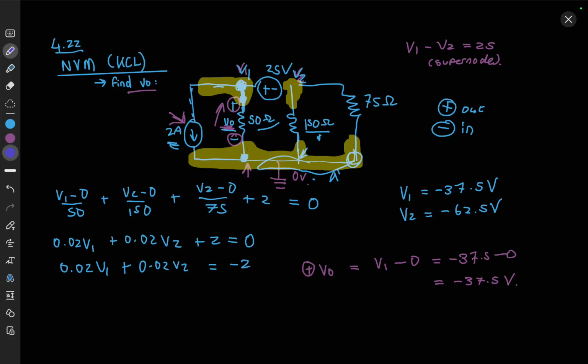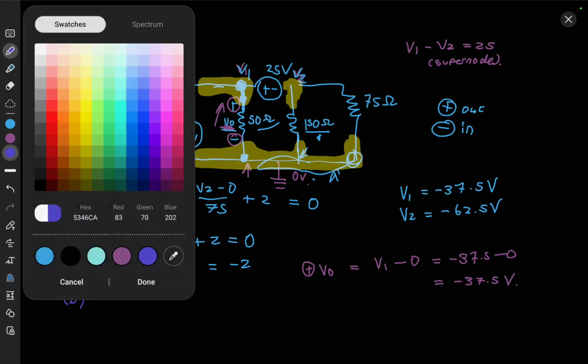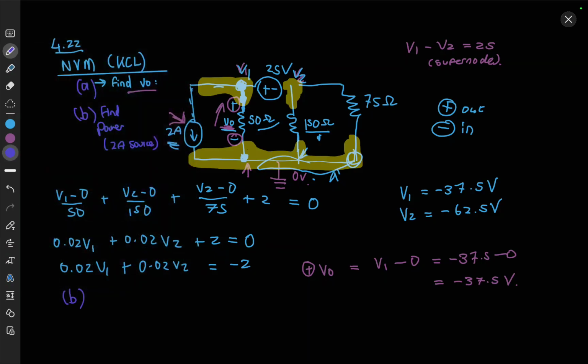So let's just say this was A, and for B, we want to find the power for the 2 amp source. Okay, so for B, let me just use a bit lighter color here. For B, I think your notation is P. I just used the same color, nice. Anyway, P is equal to